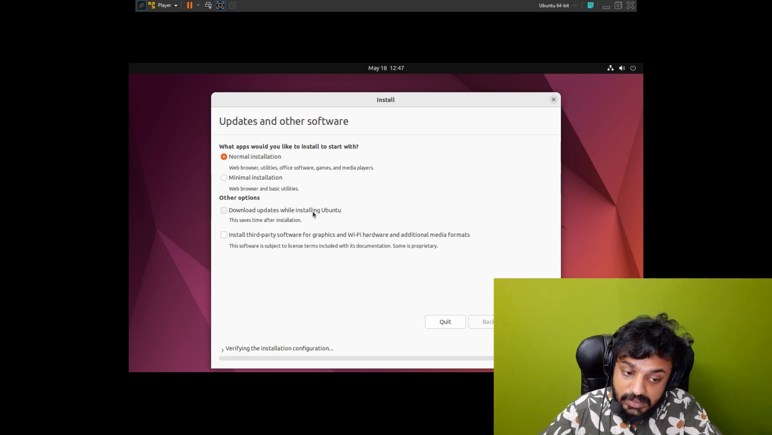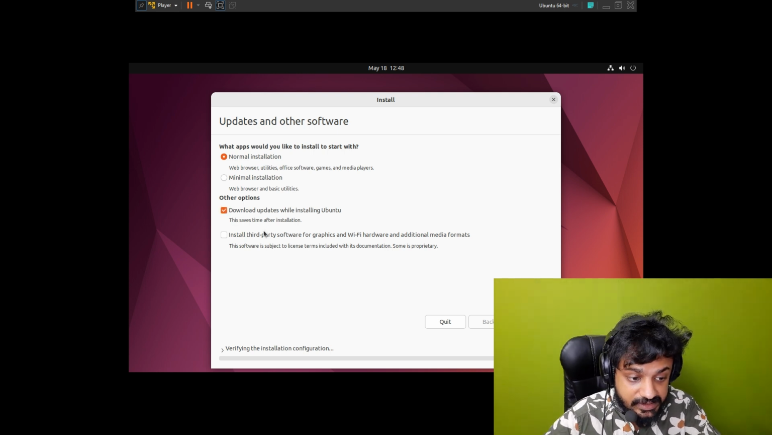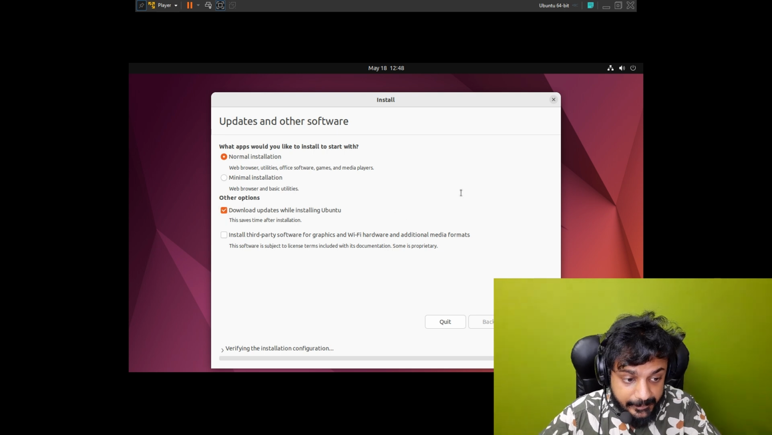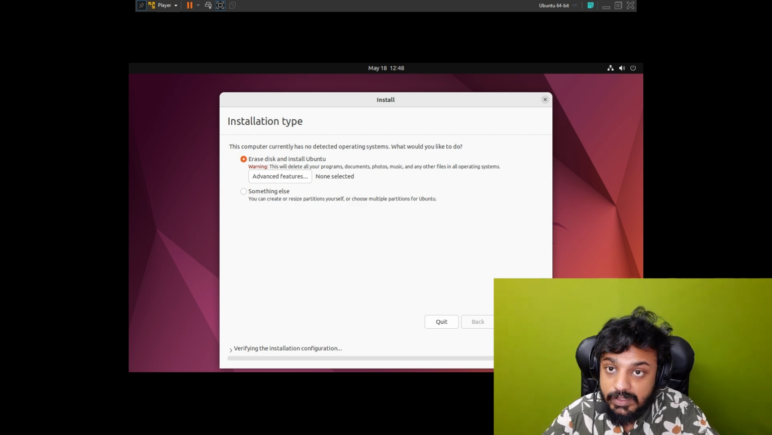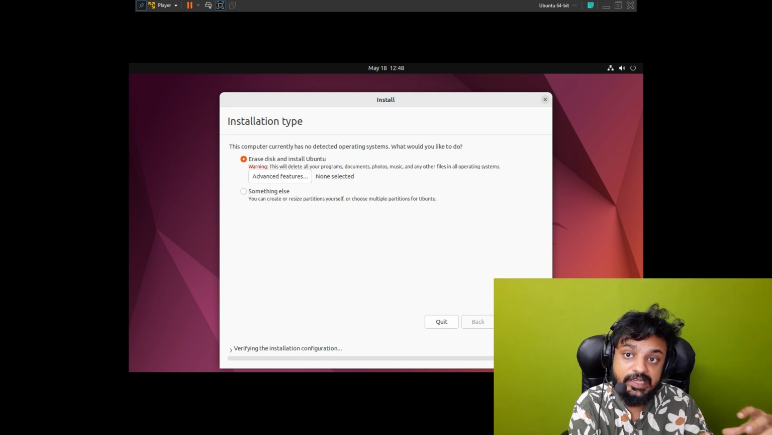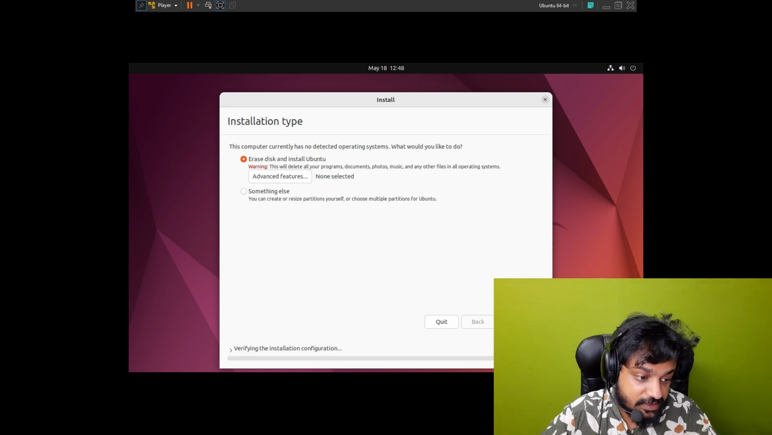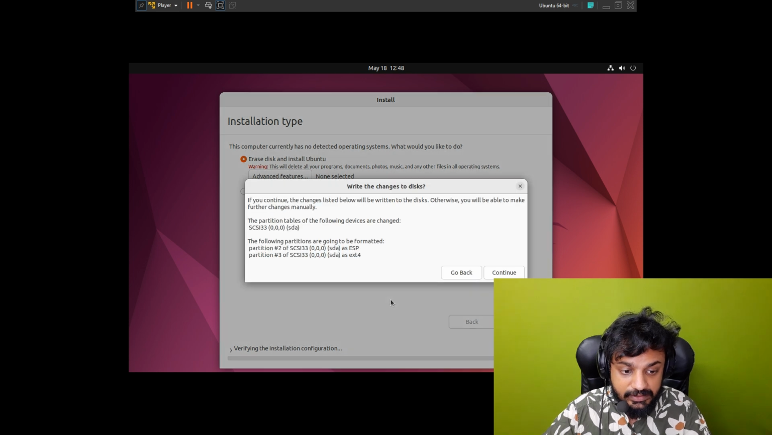Download updates while installing Ubuntu is something that you should have. It was checked by default, so don't change this. And I don't need third party software as of now. So we're going to continue with this without changing a bit about it. Now again with the settings that we've just provided, it says erase disk and install Ubuntu. That's exactly what we want, because we allocated 20 GB dedicated to this virtual machine, right? And now we are going to simply install